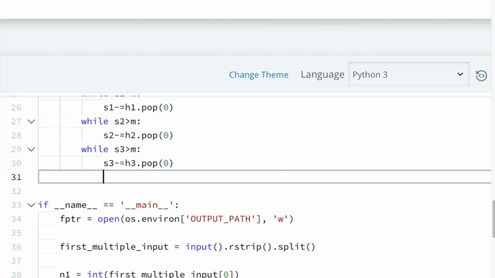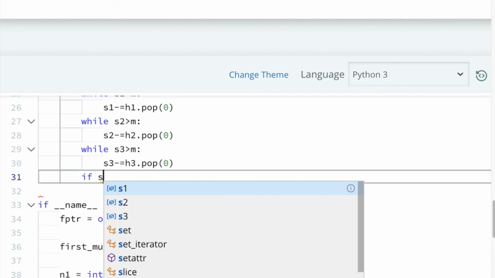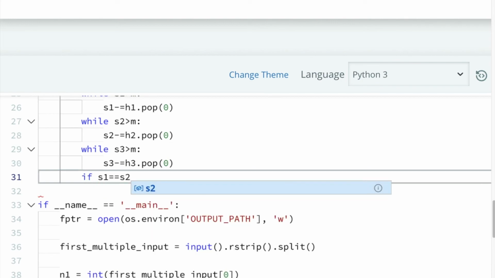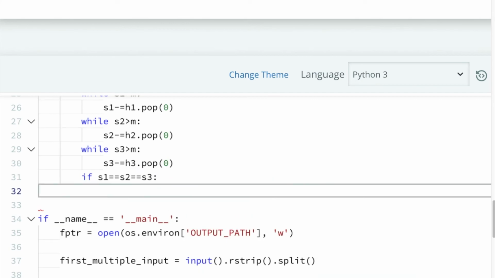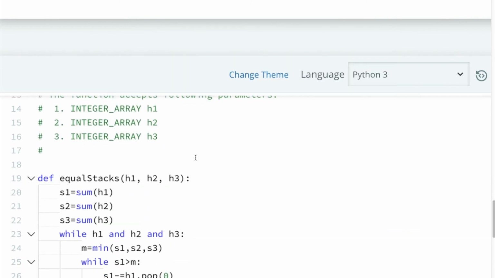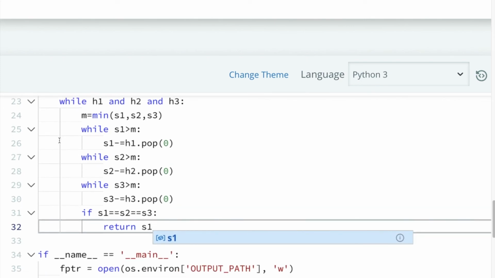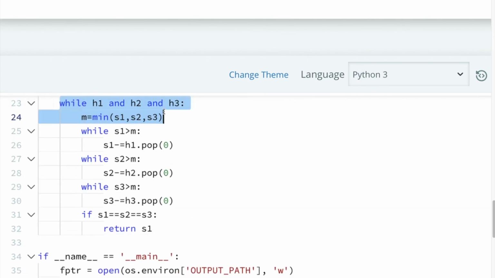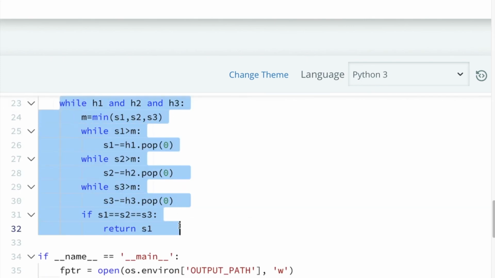And after this we are going to check if S1 equal to S2 equal to S3. If all the values are equal, then we are going to return any one of the values, either S1, S2 or S3, since all are equal. So let us return S1. So we are done. And suppose this while loop is over and we haven't got equal values.